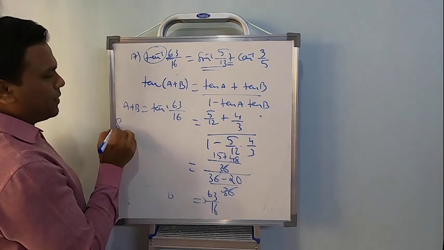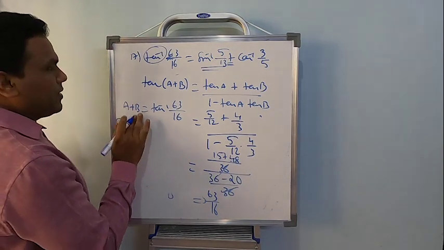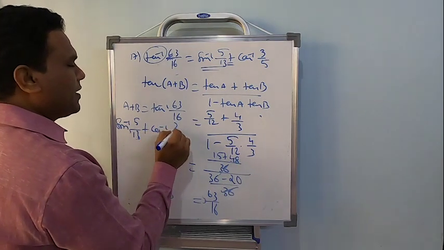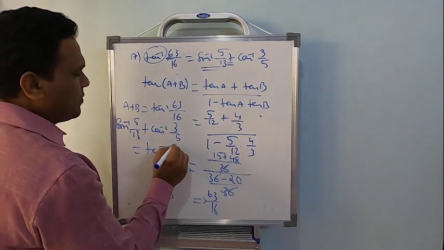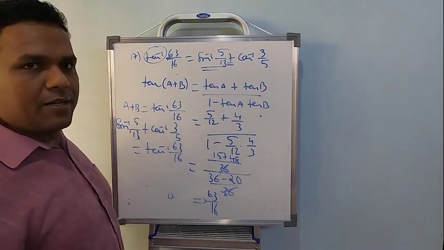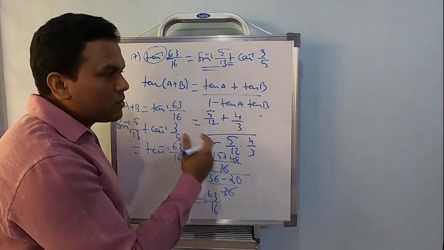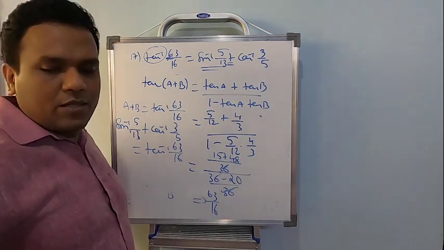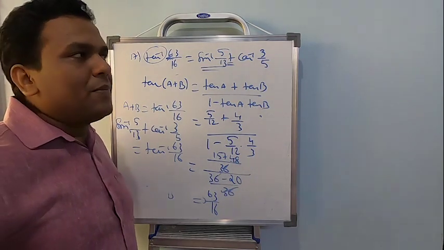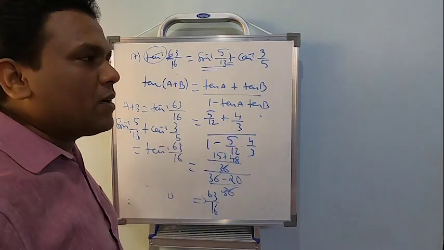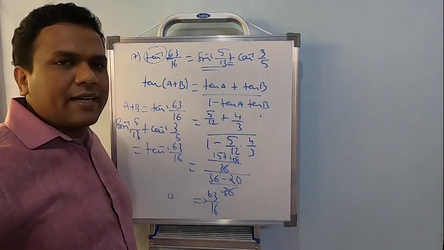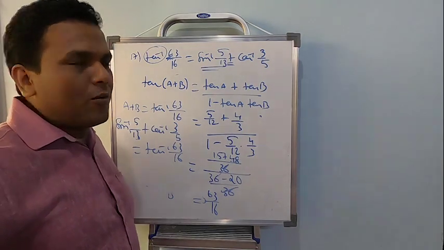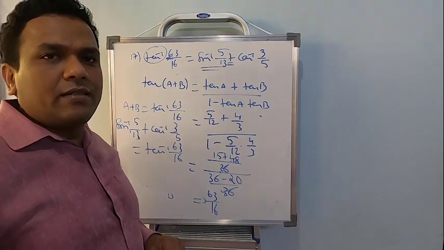Now the values of A and B: sin inverse 5 by 13 plus cos inverse 3 by 5 can be written as tan inverse 63 by 16. So it was fine actually. I just forgot to write the denominator, so I went wrong. Students, you can notice there are 6 problems in the second main, and all the problems are of this type, where you have to take care of the right hand side. Depending on the right hand side you select a suitable formula, plus or minus, that depends on the sign in the left hand side.